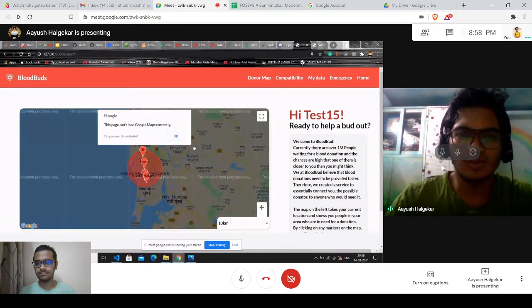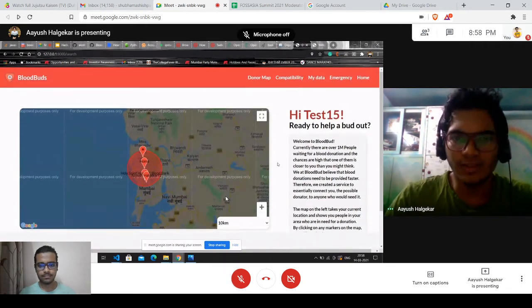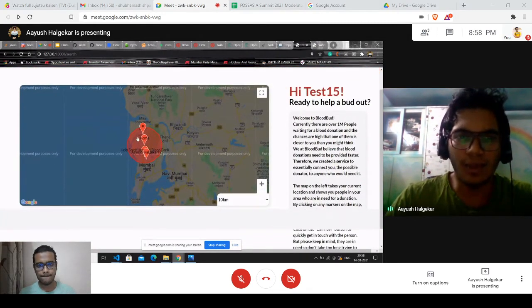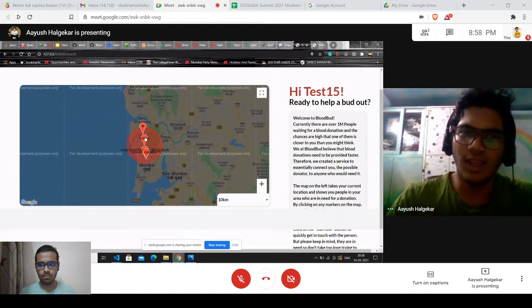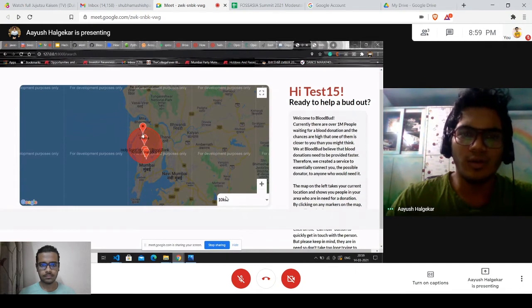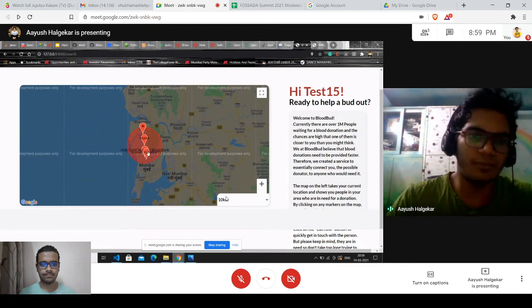Hi everyone. So I'm going to explain the donor map page of our website. As you can see, this is the most essential page of our website. There is a map and a marker with the label home. This is basically the user's live location. The user is logged in, and his live location can be seen on the map with the marker labeled home. And this red circle is the search radius, and within this, all the members of the community can be seen. Their live location can be seen on the map.